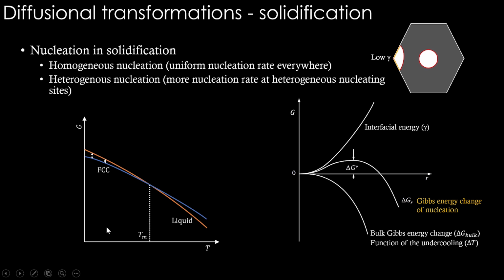Then instead of this temperature, if we directly bring liquid to this temperature, then we will see the liquid become solid with a very high driving force; delta G bulk is really high. So this is undercooling. From the melting point, how much below we are coming, the temperature to which we are bringing it, the difference between the melting point and this temperature is the undercooling. If this undercooling is more, we see that delta G bulk is becoming more. Therefore, delta G bulk is a function of undercooling, delta T. So the higher the undercooling, the more the delta G bulk.